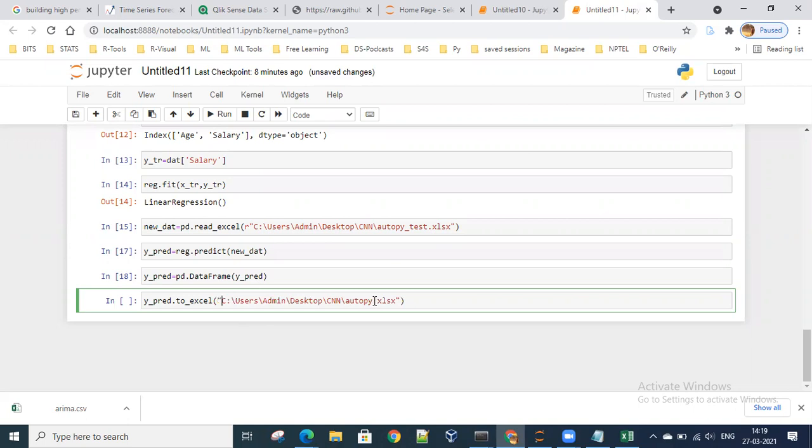This path only, and I'm saving it with autopy output. Okay. See? That's a shift enter.